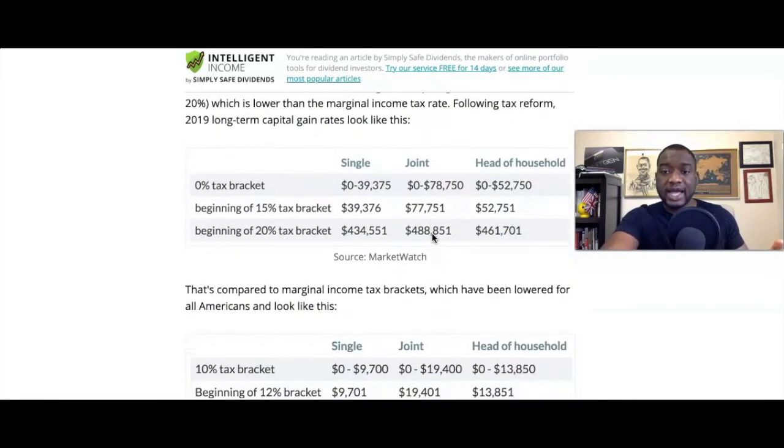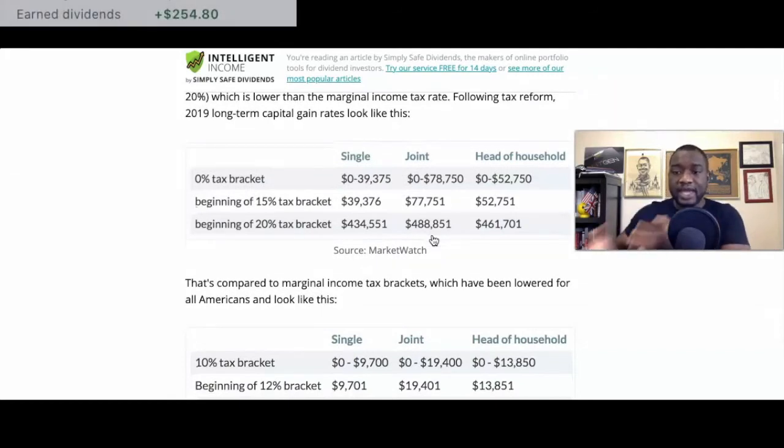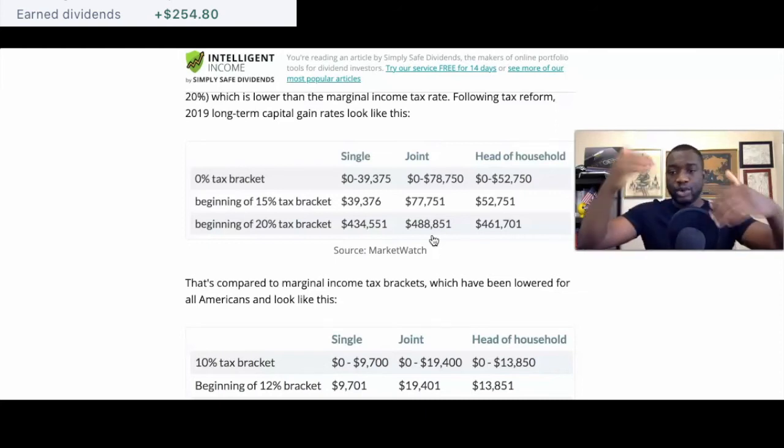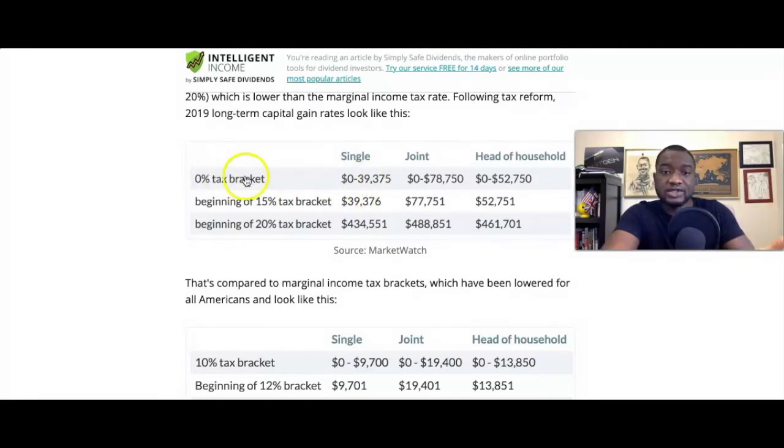This is why I basically like to invest in dividends, because when you get paid dividends, you can use that money to fund your portfolio in order for you to get paid more money. So that money just snowballs and compounds over time. Your income would start snowballing and compounding over time as well. And we have a situation where in the United States, it's the law. You don't pay tax on the first almost 40 grand here, $39,000. You don't pay tax on the dividend.